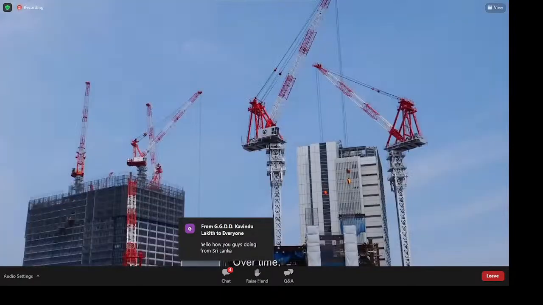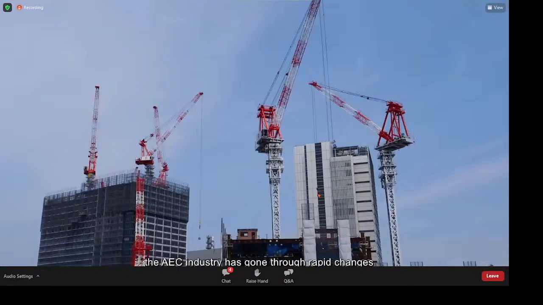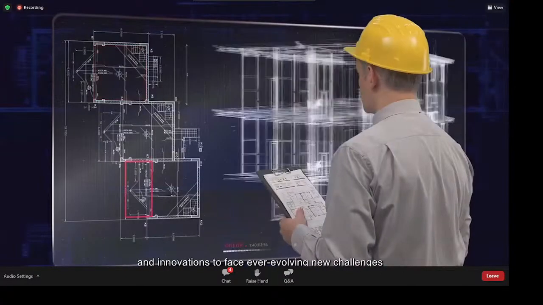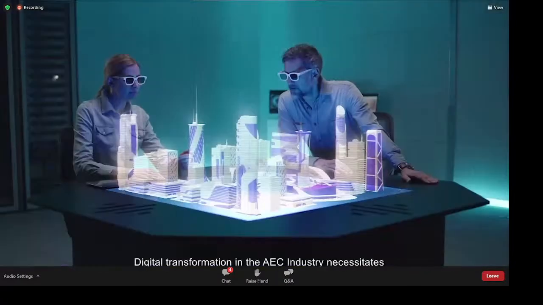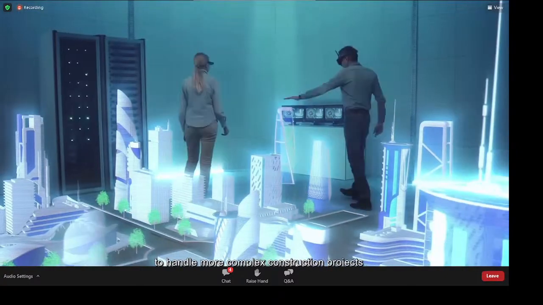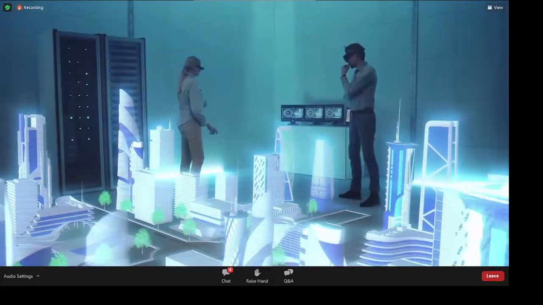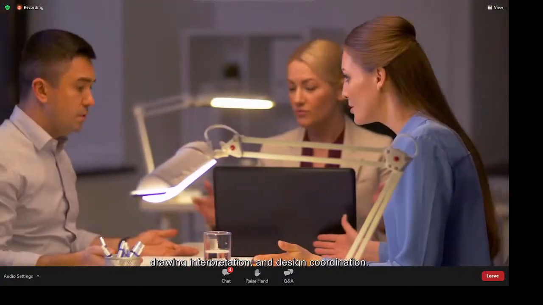Over time, the AEC industry has gone through rapid changes and innovations to face ever-evolving new challenges. Digital transformation in the AEC industry necessitates the use of 3D visualization to handle more complex construction projects. The lack of digital solutions will lead to costly and time-consuming errors related to quantity takeoff, drawing interpretation, and design